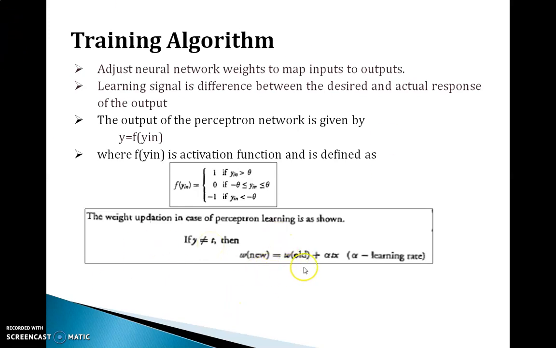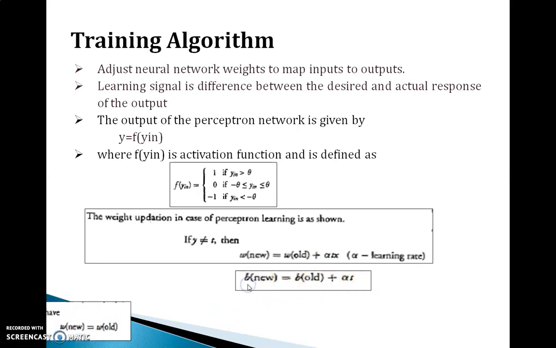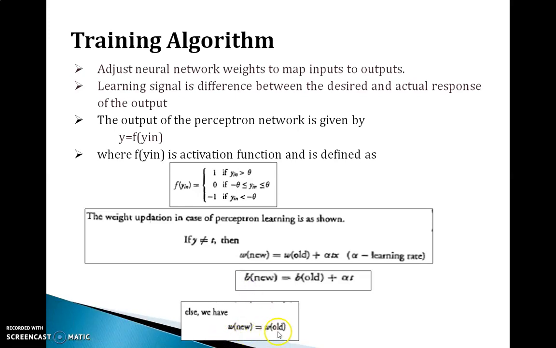We slightly modify the Hebb rule. W new equals W old plus alpha into t into x. Alpha is the learning rate, t is the target, x is the given input vector. For the bias, new equals bias old plus alpha into t. If t is equal to y, then no need to update the weight. We keep the previous weight as the current weight. This is the slight modification from the Hebb rule to the perceptron. Instead of simply multiplying y with x, we now focus on t. T is the target output. Alpha is also added here for faster convergence.